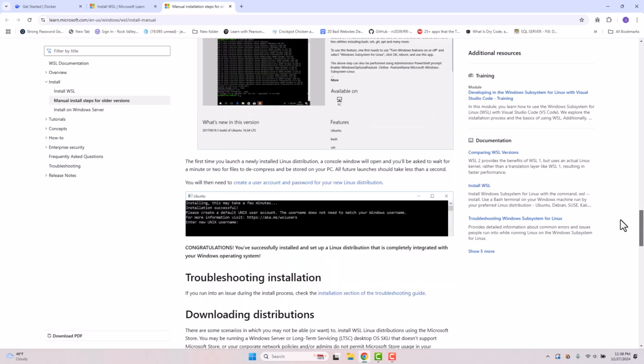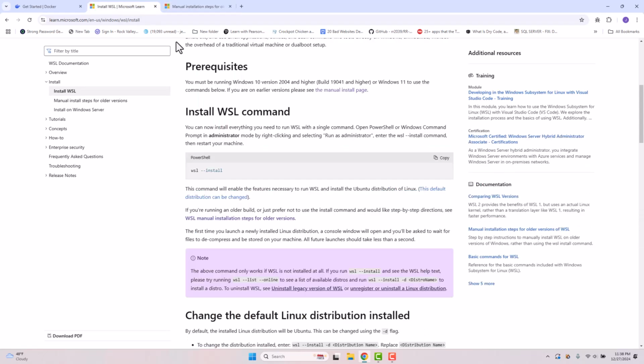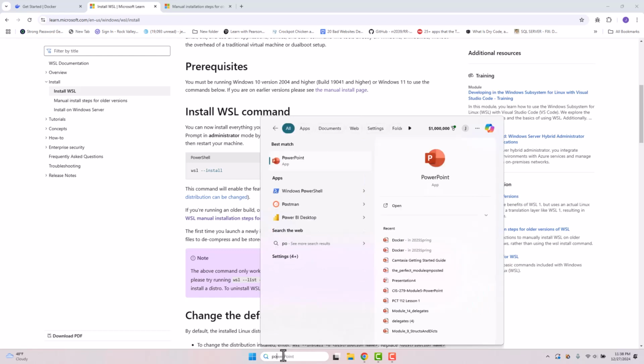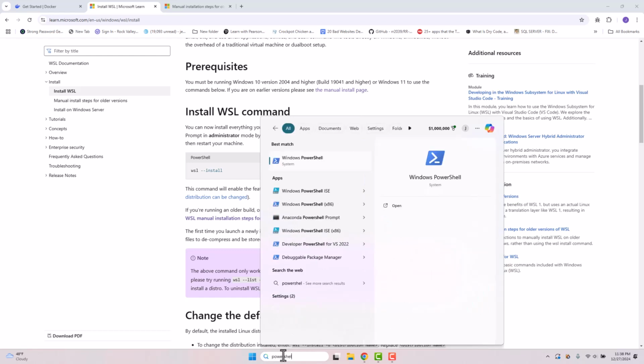And then it's going to pretty much do the same type of process as what the script has for us here. Now, in my case, since I'm running Windows 11, I should be able to just copy this, and I should be able to launch PowerShell. When I launch PowerShell, if you've never used this before, this is more of a command line mode that we can enter commands and execute them on Windows.